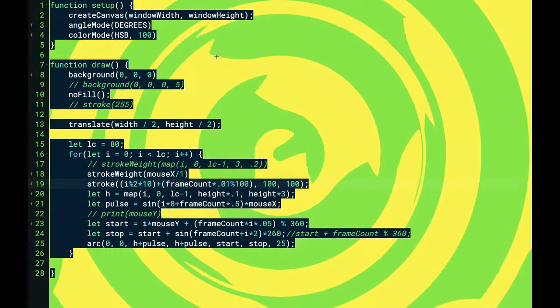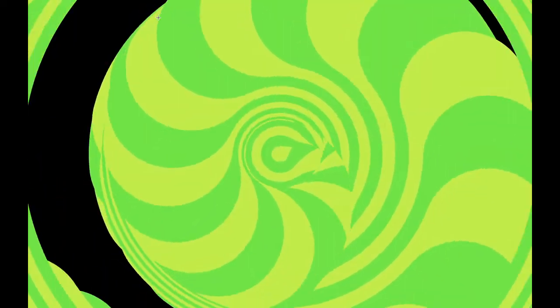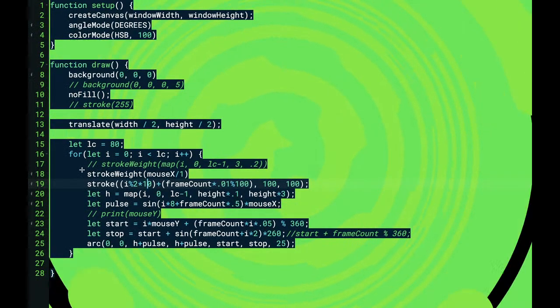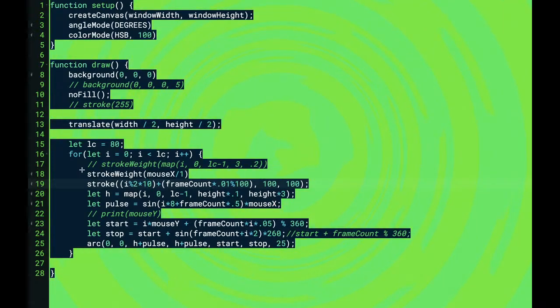It might be interesting just to keep one of the colors constant instead of these two different colors. Ooh, that's nice. Yeah, there's certain spots where the relationship between the two is really nice, and then others where it gets lost. Yeah, so this might just be where it needs to have two different strokes altogether for this 70s poster to have